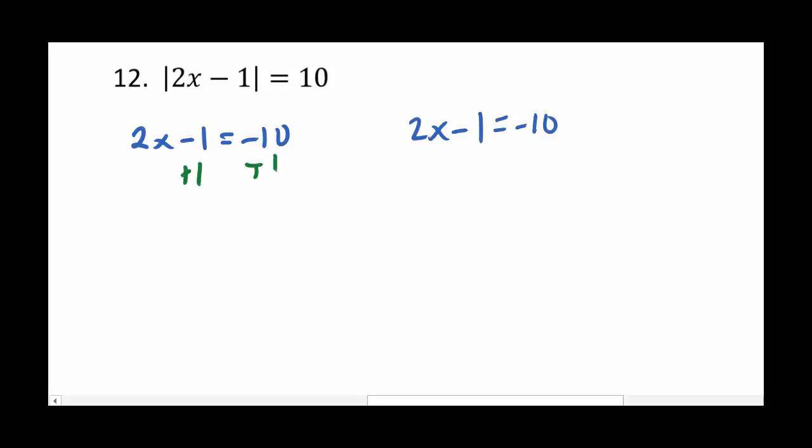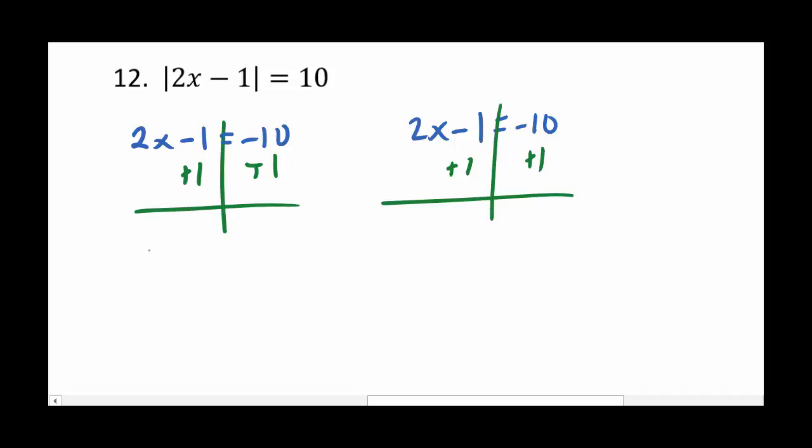Alright, at number 12, with absolute value, we want to get rid of the absolute value symbols. We want to set it equal to positive 10 and negative 10 because there's going to be 2 solutions for this. And then we end up solving each equation independently of each other. So turns out we do the same operations. We just end up with different numbers. So here I get 2x equals